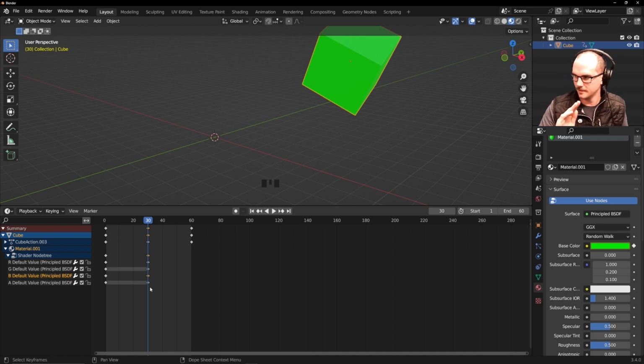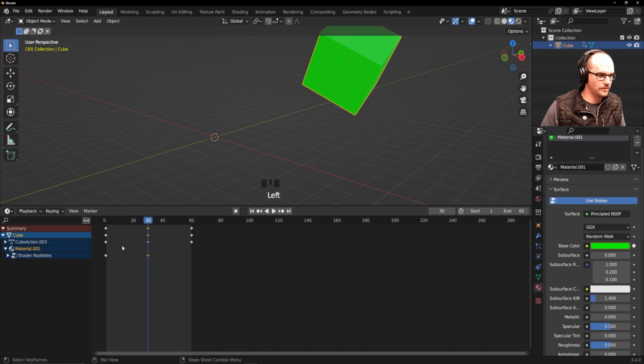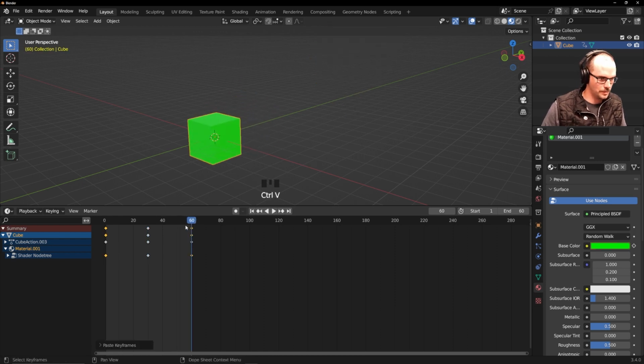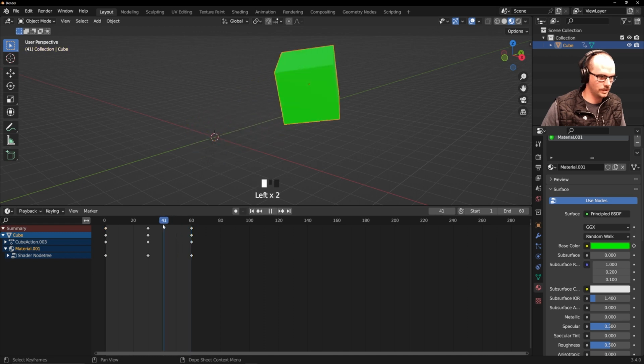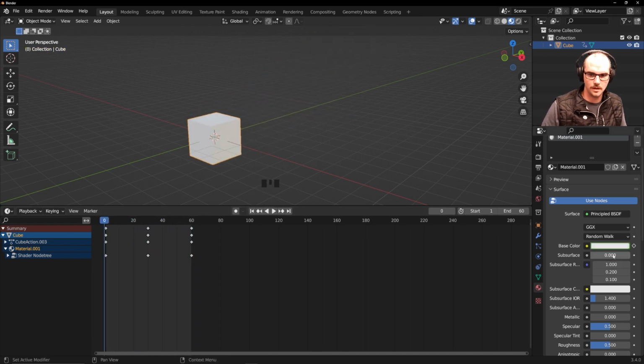Sorry, I'm kind of getting off track a little bit. But anyway, we don't even need to look at those individual ones. I can just copy this one here and go to frame 60 and paste it here. So then it should hopefully go back to white, right? No. Maybe what I need to do is just